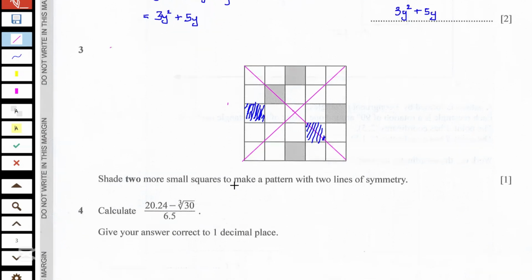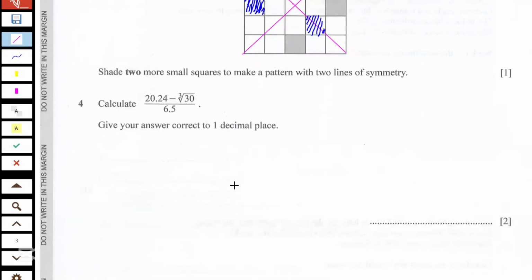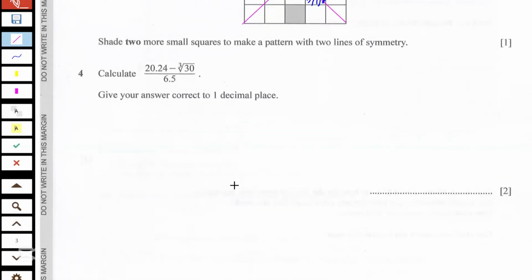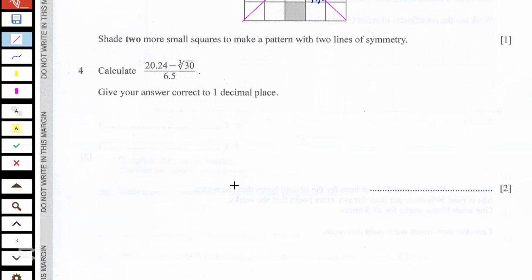The next question, question 4. Calculate 20.24 minus the cube root of 30 over 6.5. Give your answer correct to 1 decimal place. So let's rewrite this as 20.24 minus the cube root of 30